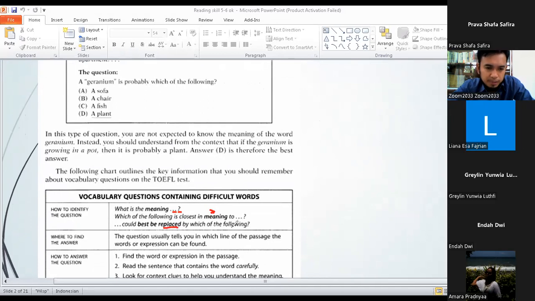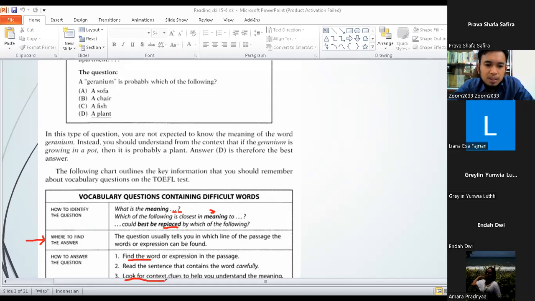which of the following. So the question is, where to find the answer? The question usually tells you in which line of the passage the word or expression can be found. The answer is certainly in the context of that sentence itself. And how to answer: find the word or expression, and of course you need to take a look